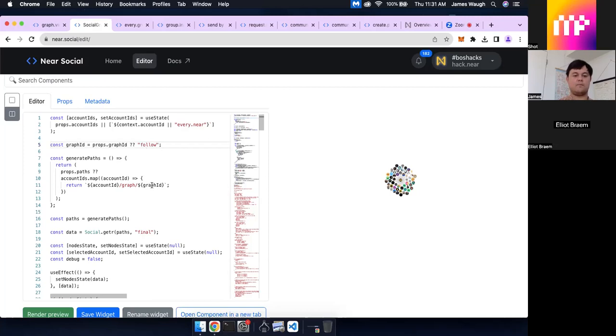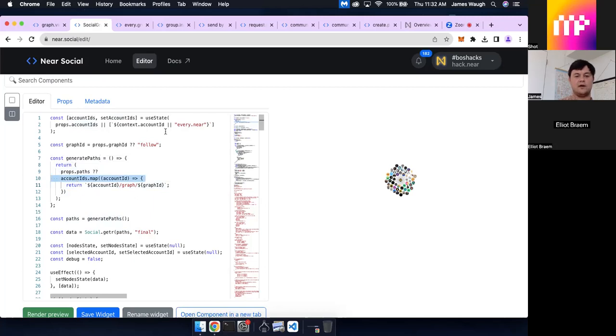And what we're doing with this is we're getting the paths of all of the graphs based on the account ID that owns it and controls it and creates it or saves it in the social database. And then we're using the social API down here to get the data, and that's coming from the paths. So we pass in all of these paths that are generated here as we map the account IDs that we want,